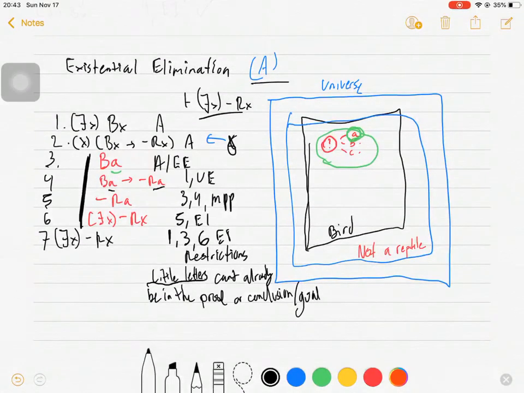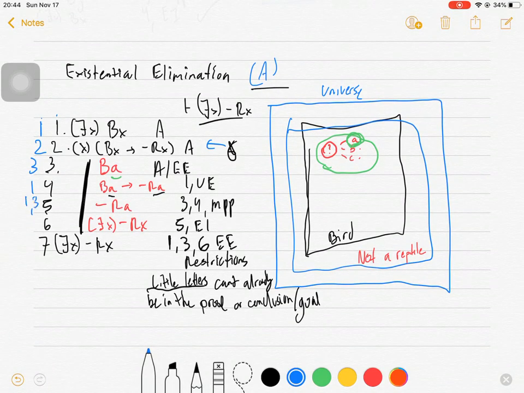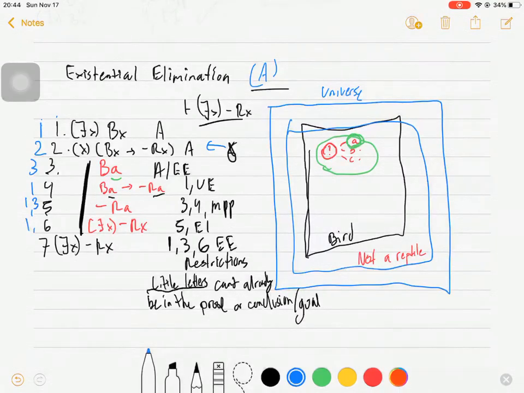And we write EE. For our assumption numbers, every assumption number that we've already had or that we introduce gets an assumption number that matches the line number. 4 came from 3, 5 came from, it looks like, 4 came from 1. I can't read. 4 came from 1. 5 came from 3 and 4. 1 and 3. 6 came from 5. That's a 1 and a 3. But notice what happens on 7.